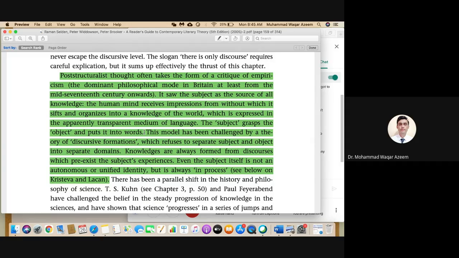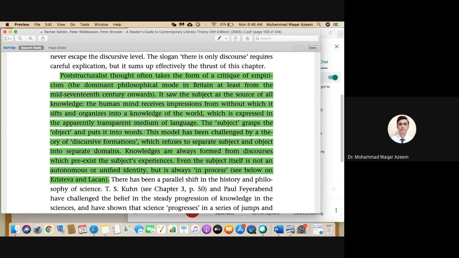So I'm sure all of you already understand how it works, right? Every other day you are asked to engage in a similar kind of activity, that is, you are asked to do a lab experiment and then you are asked to describe that lab experiment in your own words, right? So this is an empirical view of language which believes that our mind is a source of knowledge and it receives impressions from outside and then it uses a transparent language to describe the experiences. This is called the empiricist view of language. The post-structuralists challenged this